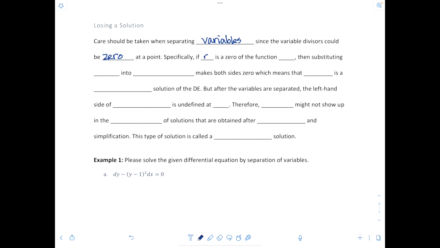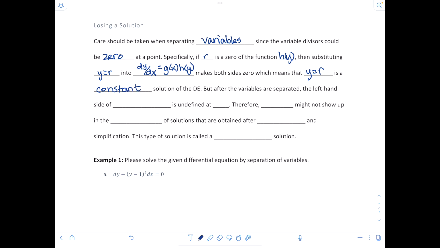Specifically, if r is a 0 of the function h of y, then substituting y equal to r into dy/dx equals g of x times h of y makes both sides 0, which means that y equals r is a constant solution